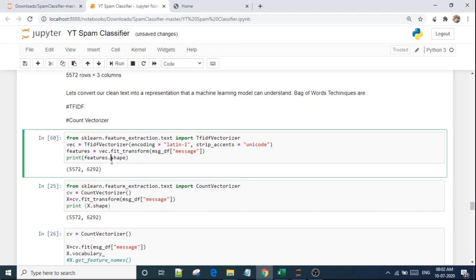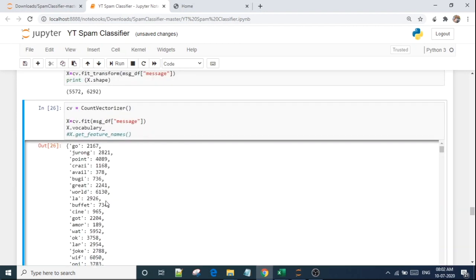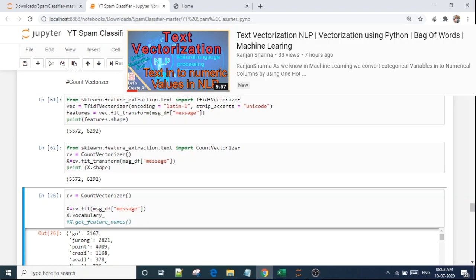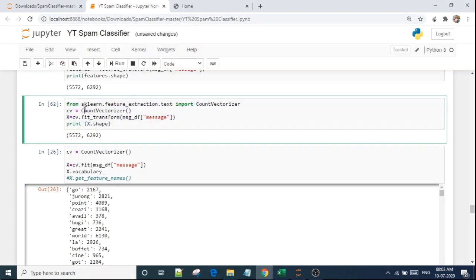And if you will see, from the TF-IDF and from the count vectorizer, I am getting the same number of rows and columns. So I can use either one, whether I use TF-IDF or count vectorizer. So I will show you a small glimpse of how count vectorizer works. If you want better clarity, you have to watch this video. I was using this, but I will now break this into a number of steps so that you get better clarity on how it is working.